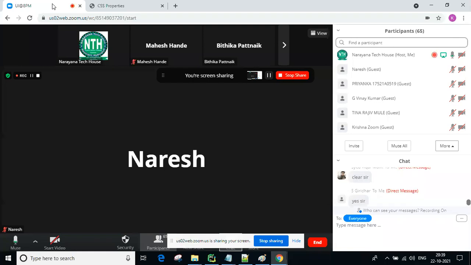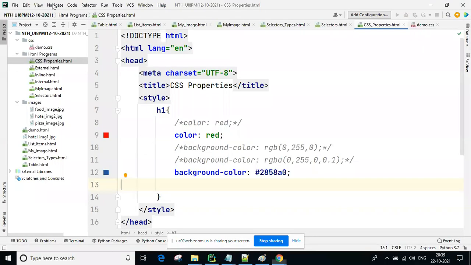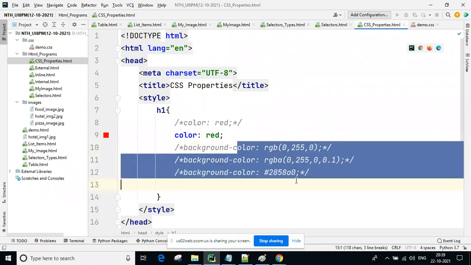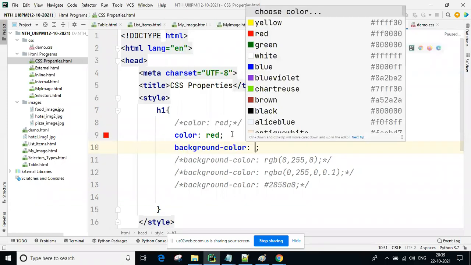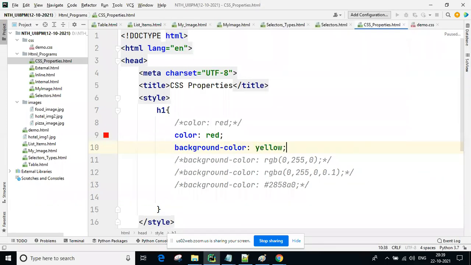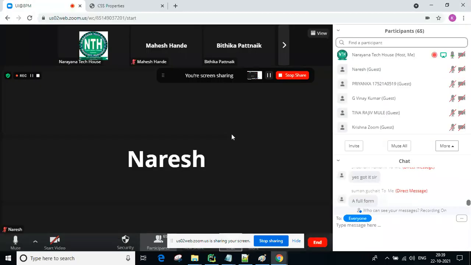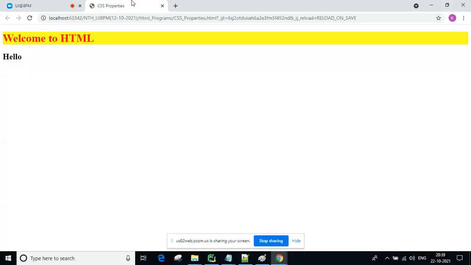Now, with these three colors, red, green, blue, you can generate hundreds of colors, thousands of colors you can generate. That's it. I'm going to comment out all these things, so you can use whatever you want when you are developing, depending on the situation. For simple understanding, I'm going to use yellow here, red, yellow I used.